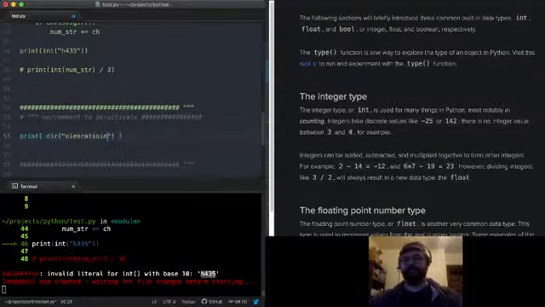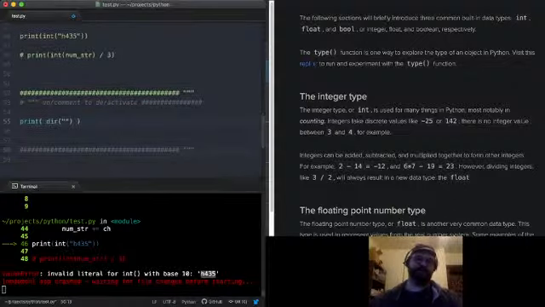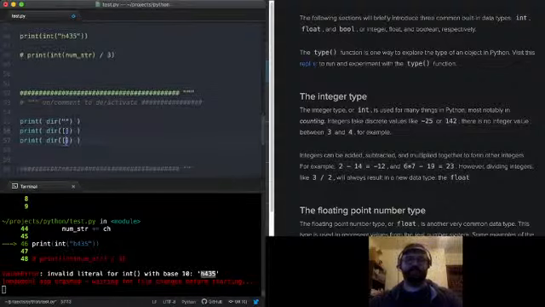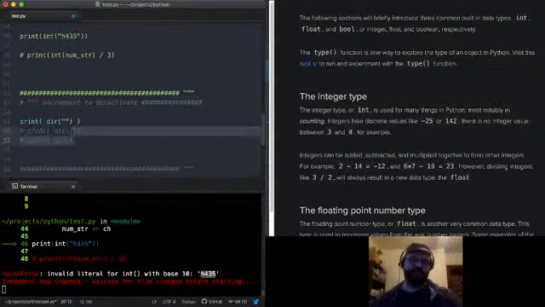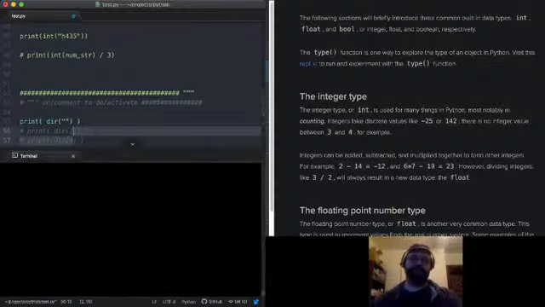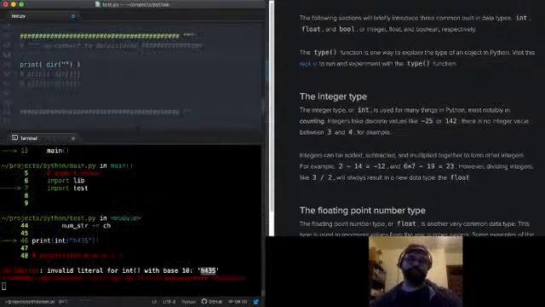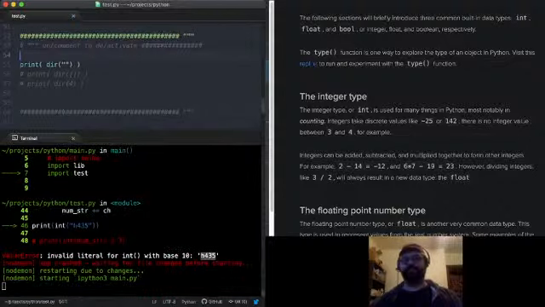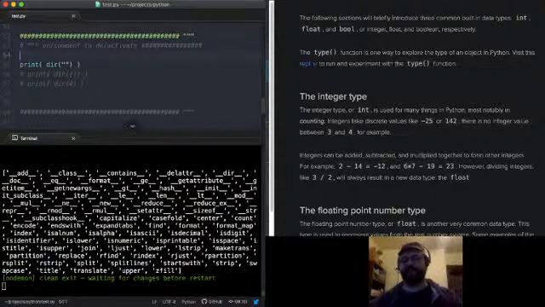If I want to see the directory for a string, I'll say dir of a string. If I want to see it for a list, I do a list. If I want to know it for an integer, I'll do an integer. It can give a lot of output, so I'll just do one at a time here, and I'll let you do the others at your own discretion. But this is a great tool to help you explore what methods are available for each type.